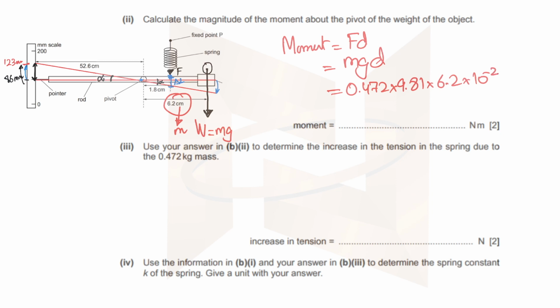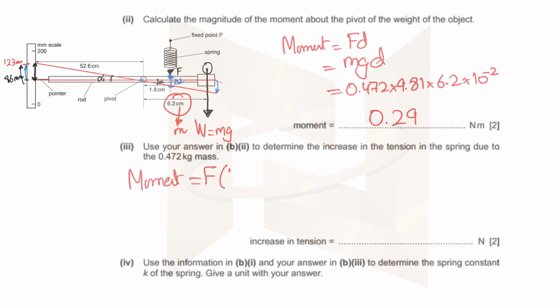Do not forget to convert centimeters to meters. And the answer that you get is 0.29 Newton meters. Then use your answer in B2 to determine the increase in the tension in the spring due to the 0.472 kg mass. Now you must understand that the moment on this should be equal to the moment in this, because both of them are moving down in this direction. So moment should be equal to